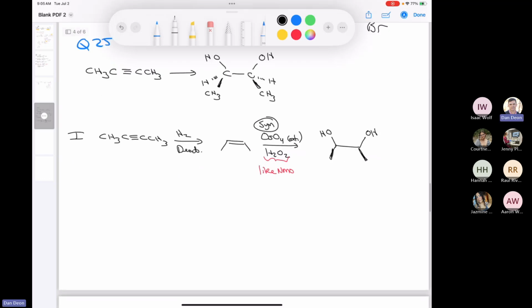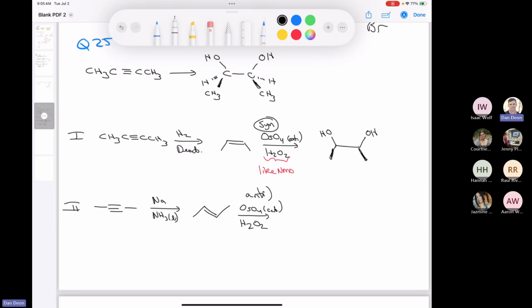Now, if we go to number 2, we're taking the same starting material. Again, I'll use a bond line structure here. Now we're going to use sodium metal reduction, which you know gives you the trans alkene. And then we're going to treat it with osmium tetroxide in a catalytic amount. Well, this already stinks. It doesn't look like we're going to get the same thing, right? Because now we're going to get